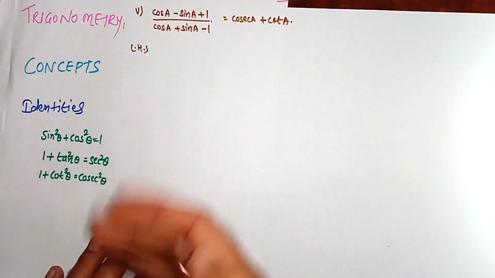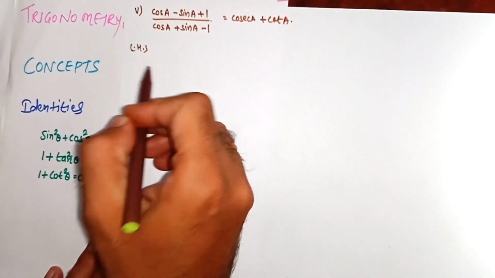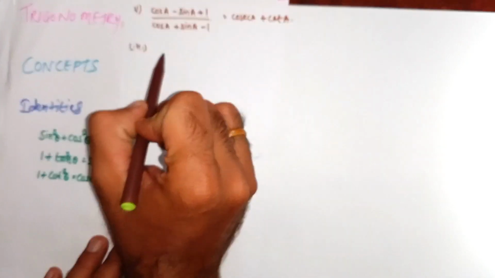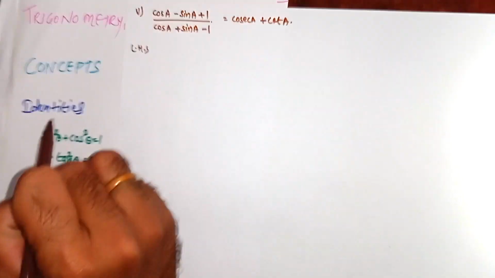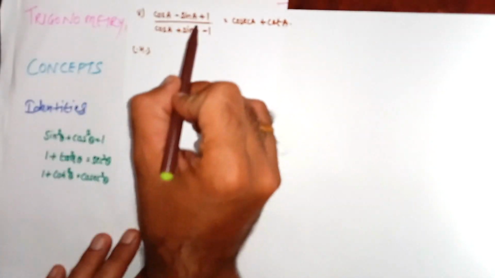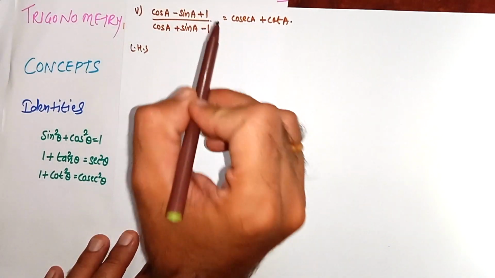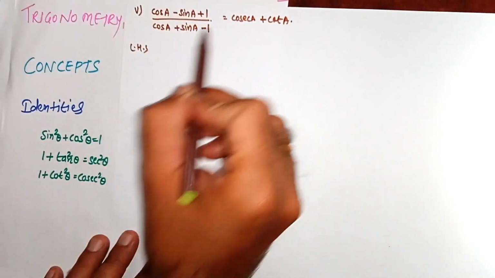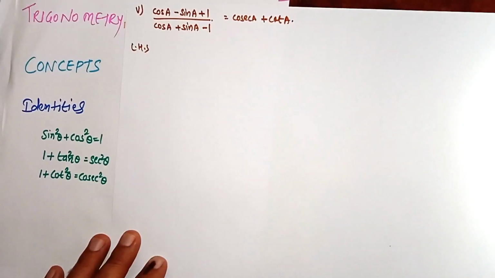Now our first step is usually to turn the LHS into sin and cos, but here it is already in sin and cos, and what we have to prove? We have to make it as a cosec A. So how are we getting a cosec A? If I put 1 over sin A, we know that the reciprocal of sin A is cosec A. So let's divide the numerator and the denominator both by sin A.